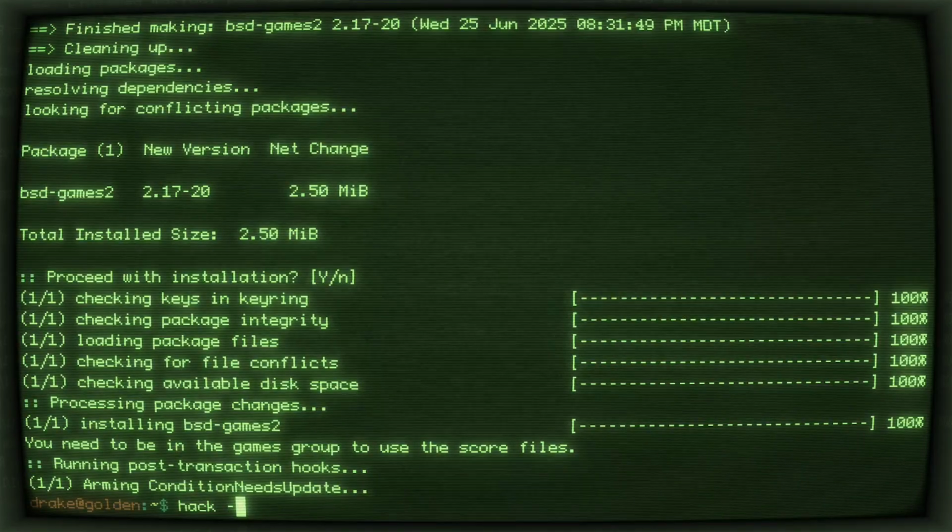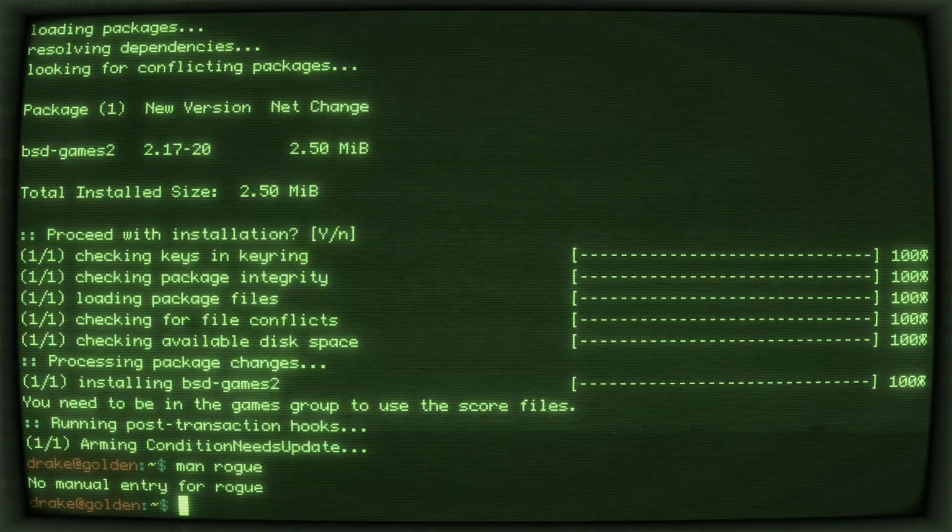Now I like to use the -u option to provide a username, and how do I know about that? Well, there is a man page or manual page for Hack. There actually is one for Rogue as well, which unfortunately I did not show off back when I was showcasing Rogue. Oh, but we don't have that installed at the moment, so that's a little embarrassing. But anyway, there is a manual page for Rogue if you have that installed.